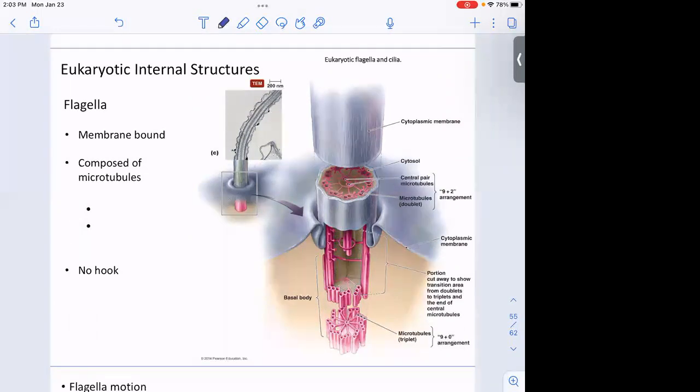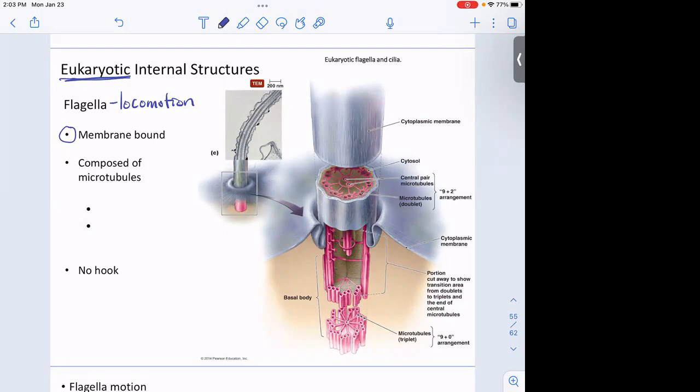Right, so the only similarity between bacterial flagella and eukaryotic flagella is that both of those structures are used for locomotion. That's really where the similarities end, because the structure is totally different for any eukaryote that has a flagella. For one thing, they are membrane bound for eukaryotes. There is the one exception for the bacteria. Do you remember the bacteria that have the membrane bound? What did we call that? Axial filaments. Yeah, it's the spirochetes that have the axial filament.